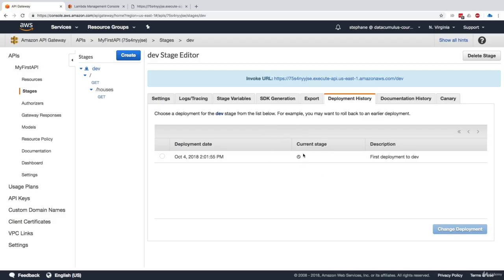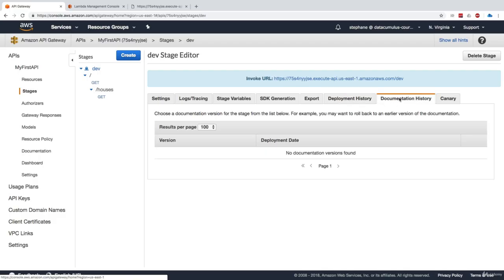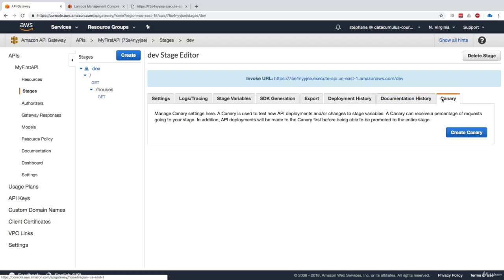So as we change the resources right back there and redeploy to the stage dev, then we'll get an idea of all the deployments that happen, and we can roll back at any time to an earlier deployment if something went wrong. Documentation history if we wanted to provide documentation for our API, and Canary to do this testing I told you about, when we have, for example, 95% of our traffic going to one API version and 5% going to the other API version, and you can control this.